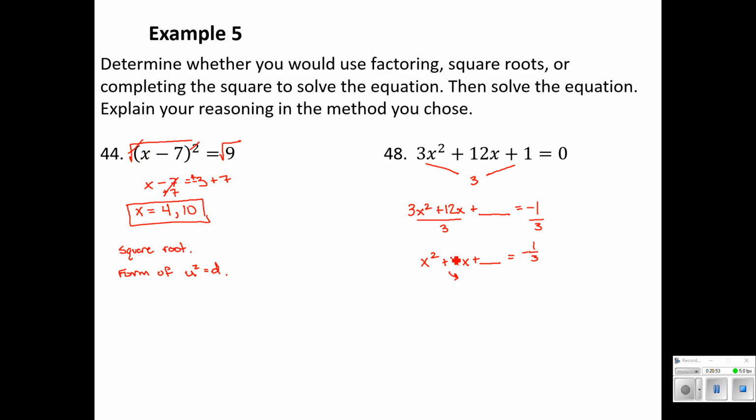All right, let's complete the square. That b term, we'll divide it by 2 and square it. So plus 4. Whatever gets added to one side must get added to the other, and I'm going to call that 12 over 3 instead of 4, so I have a common denominator. And so now we have our perfect square, which we can call x plus 2 squared, and that equals 11/3. We're good to square root both sides of that equation. So we get x plus 2 equals plus or minus root 11 over root 3.